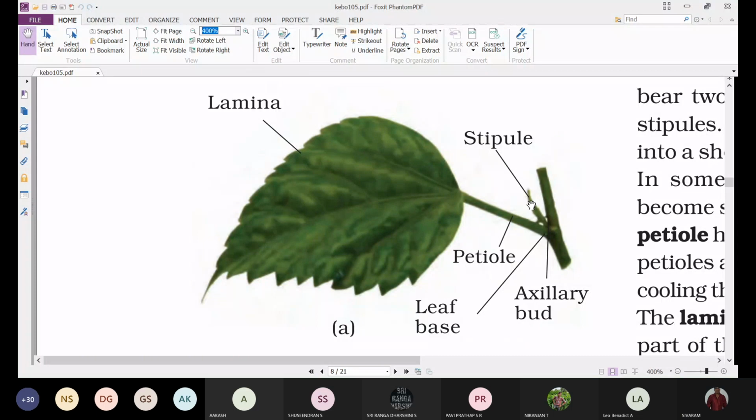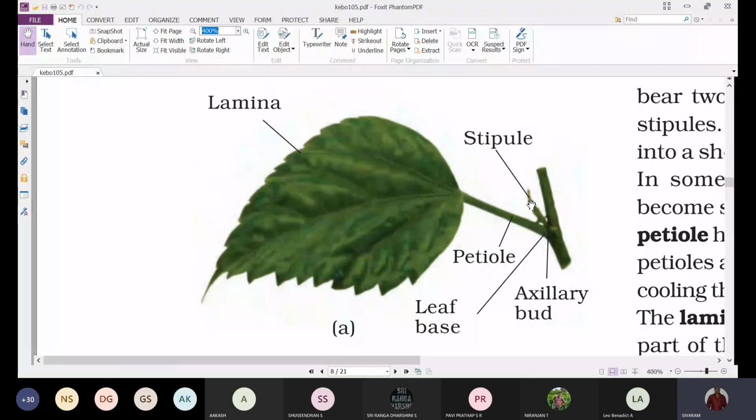The next structure is the lamina. What is the lamina? The expanded portion of the leaf, which is the site for photosynthesis, we call the lamina. When you observe this lamina,